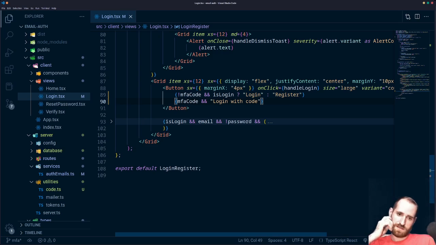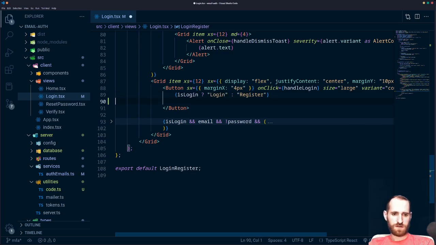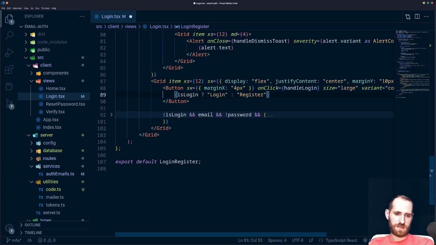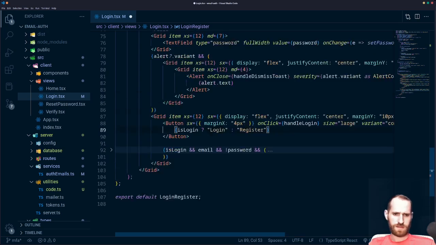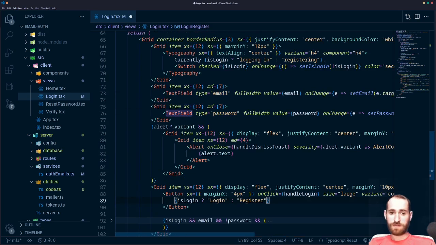Or I guess we could have just left that login. I guess we also didn't need any change here, technically speaking, so let's get rid of that, because if your MFA is enabled, if we set that to true, then you're in login mode, so never mind, that button doesn't change. We will have an input conditionally show up, however,